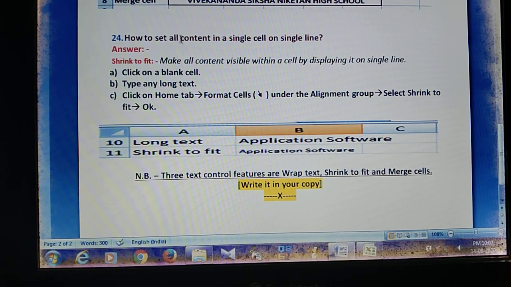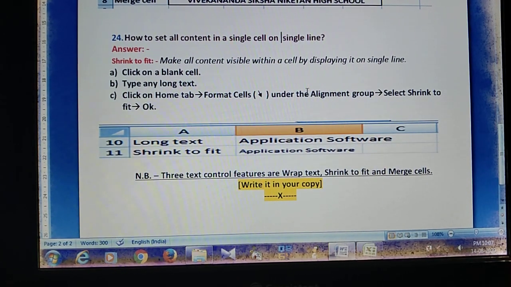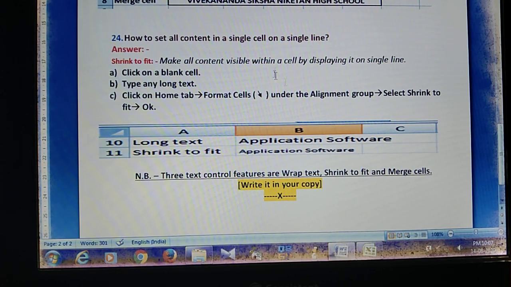Next, how to set all content in a single cell on a single line.